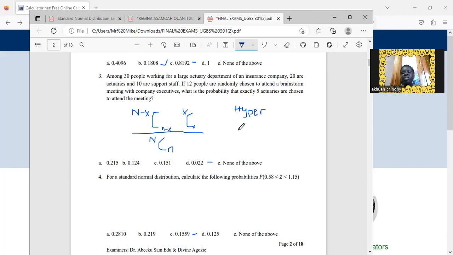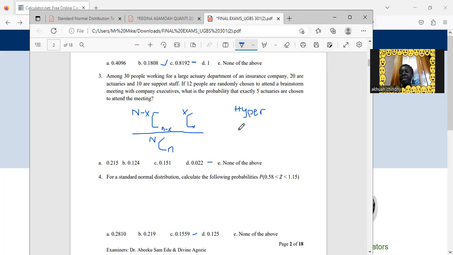Then when we talk about the small n, it's talking about a sample out of the entire population. So like this question, we have 20 students being BA students, right? And then we have 50 UGBS 301 students. Out of the 50, we have 20 being BA students. So definitely 30 will be BSc students. And they are telling us that